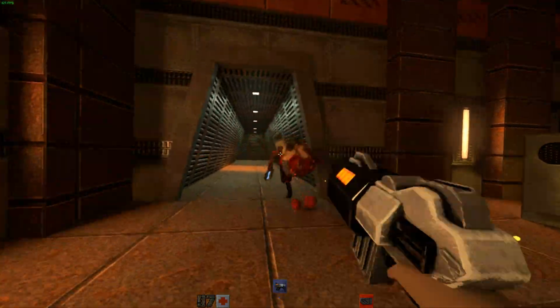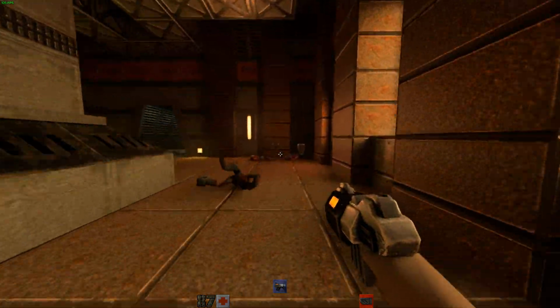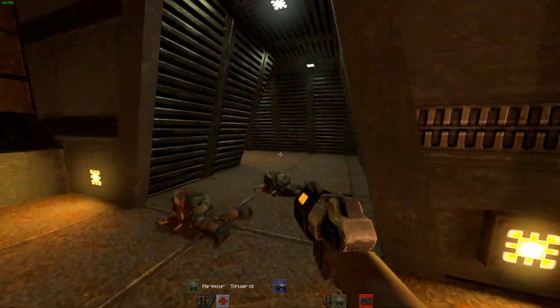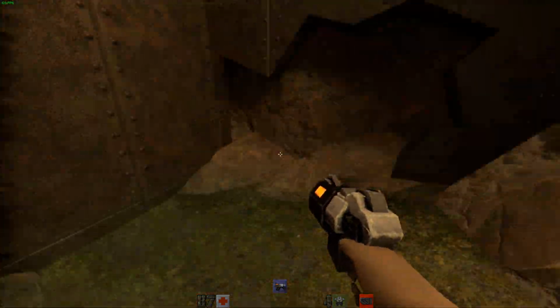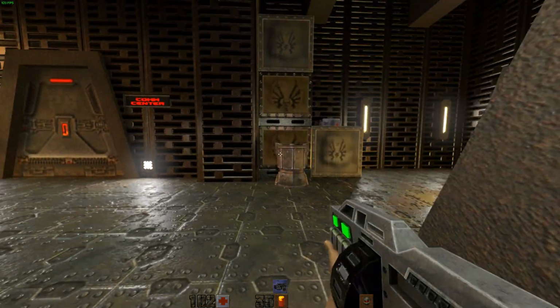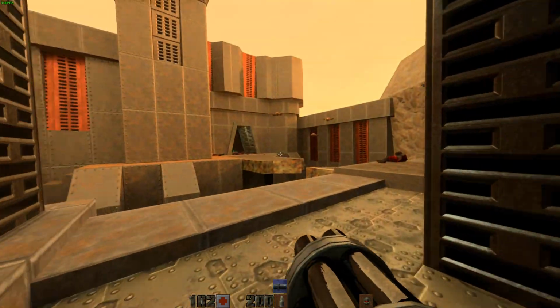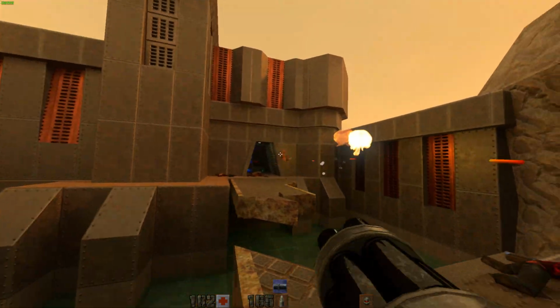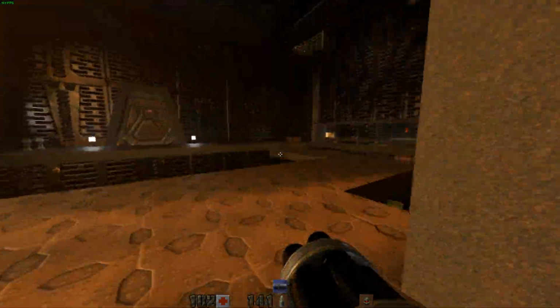Quake II RTX is a bit of an exception because it actually runs really well even if you are on a sort of first-gen RT card like the 20 series. But to be fair, one would hope it would run pretty well considering that the original game came out in 1997. So what is performance like on my rig? Well, as you can see from the frame rate counter in the top left, it's pretty good. Obviously I'm running this at 1080p with everything cranked up to max, and it's getting well over 100 frames per